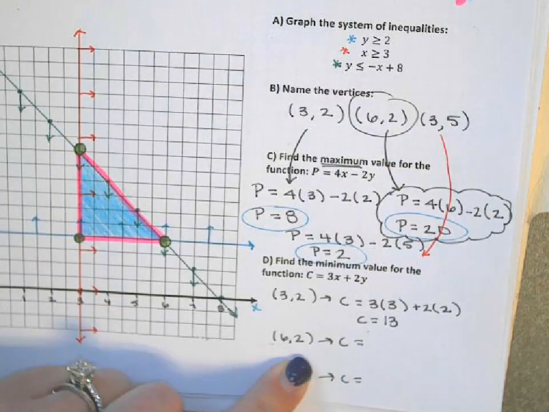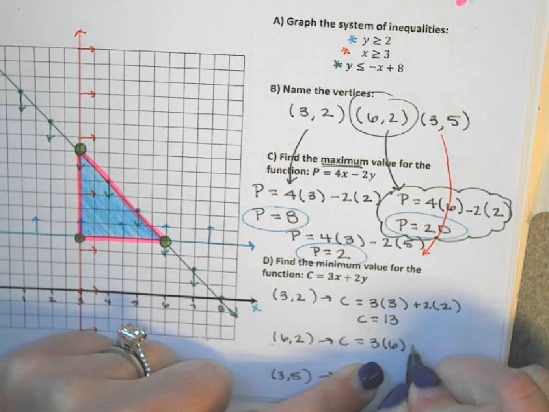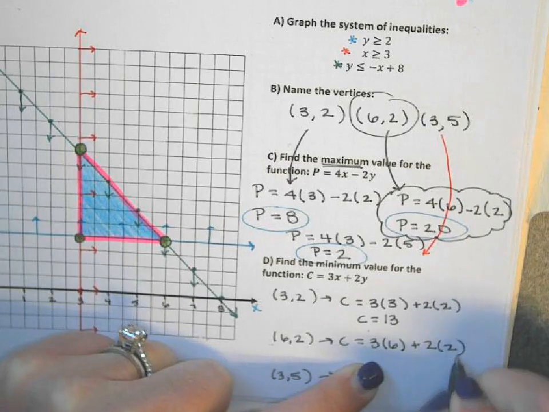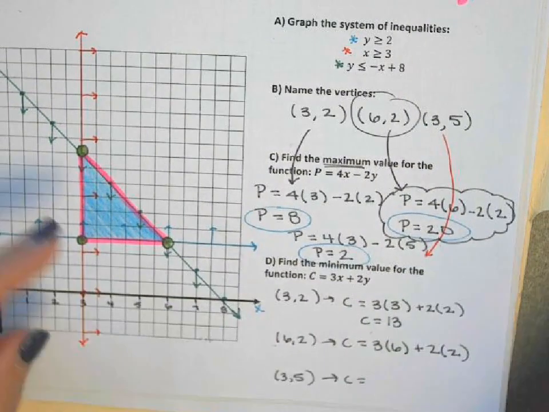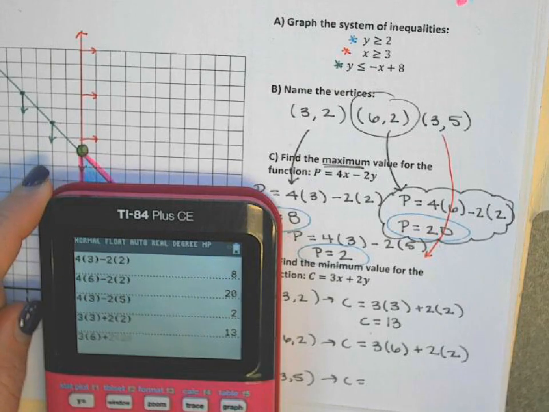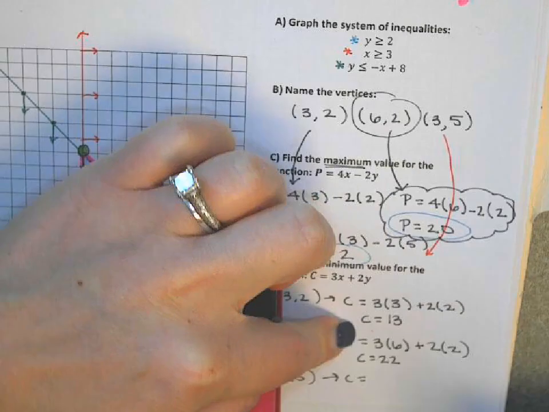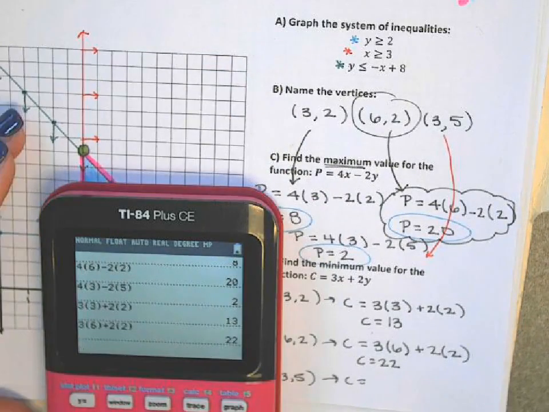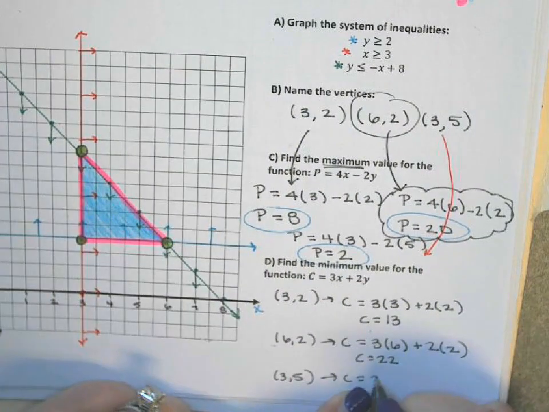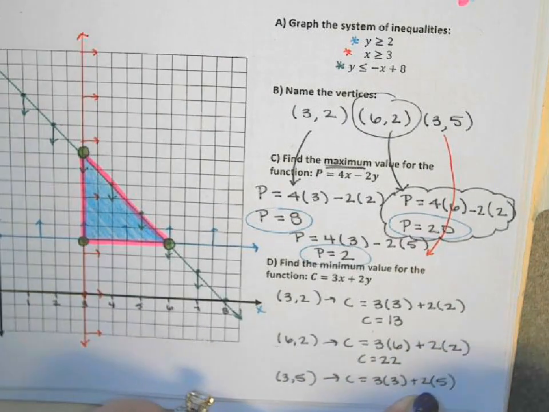At the point 6, 2, we're going to plug that one in. 3 times 6 plus 2 times 2, we're at a cost of 22. And the last one, 3 times 3 plus 2 times 5,